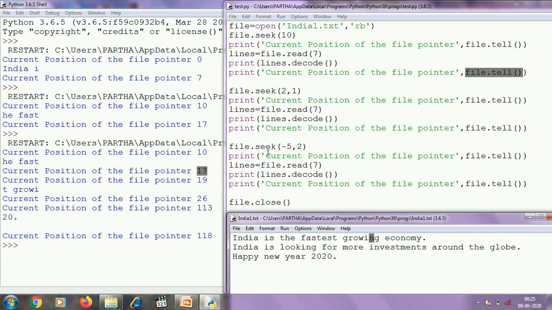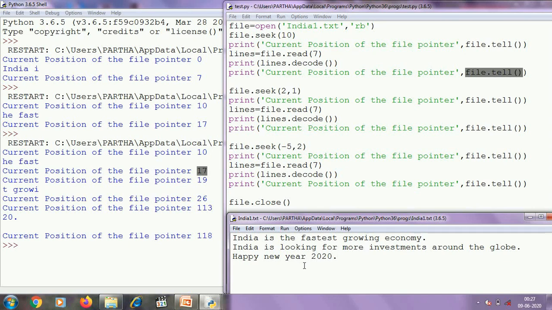And here we are pointing the file pointer with respect to the end of the file, and the file pointer will move 5 bytes backward from the end of the file. In india.txt here I have given a new line.